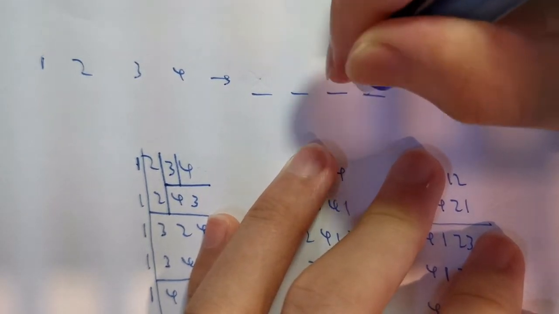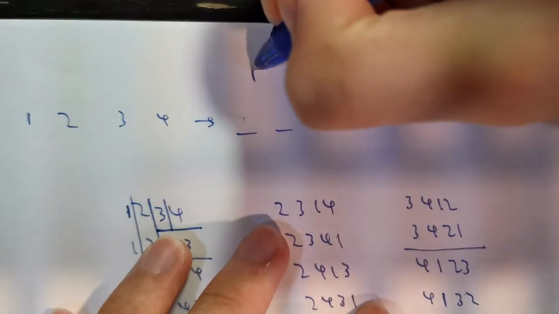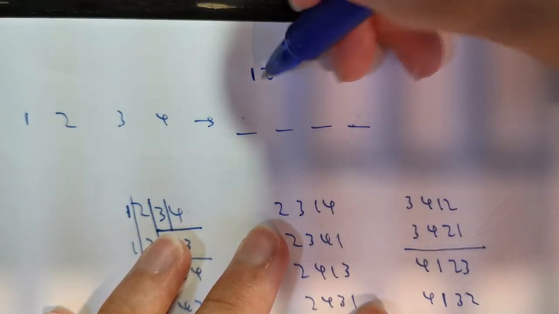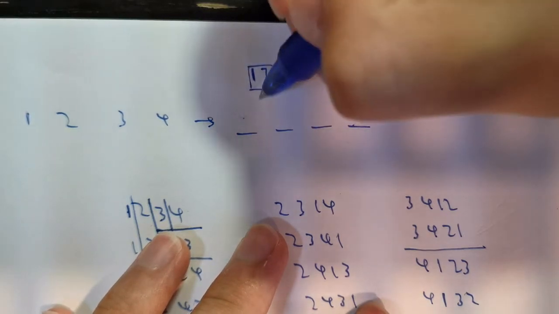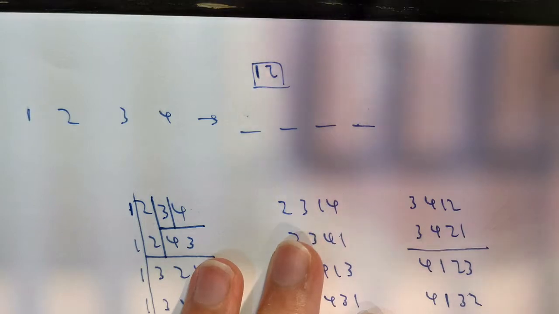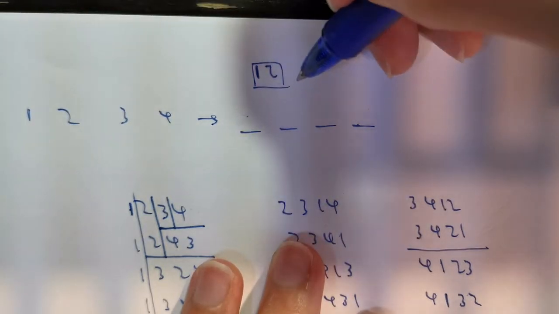So let's change the restriction a little. Now let's say the restriction is that 1 must come right before 2, or 2 must come right after 1. So you can have 1, 2, 3, 4, but you cannot have 1, 3, 2, 4, something like that. So how many ways are there to choose such a number? Some of you are probably thinking, oh, I choose my